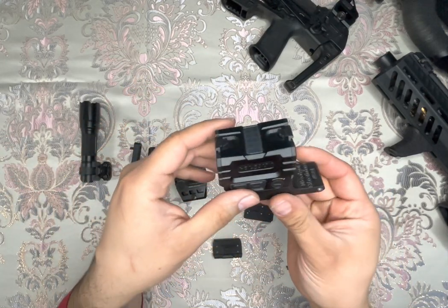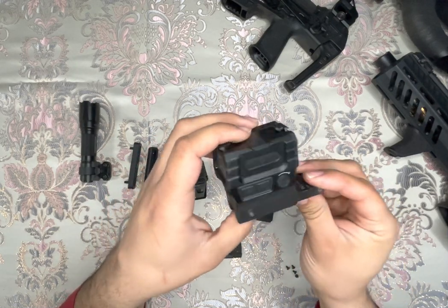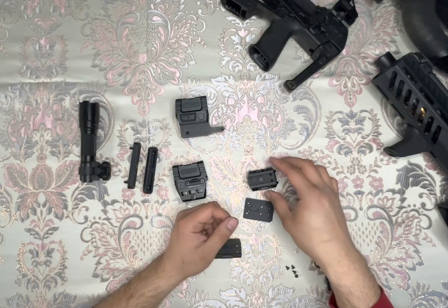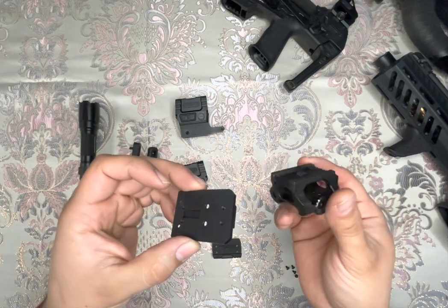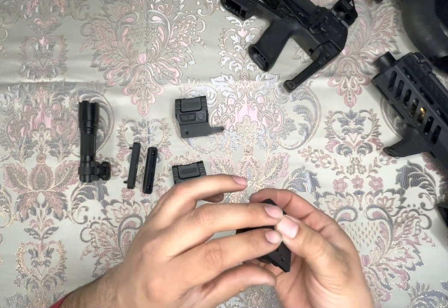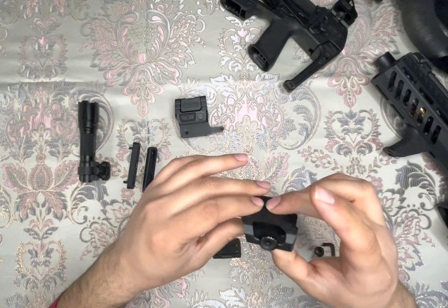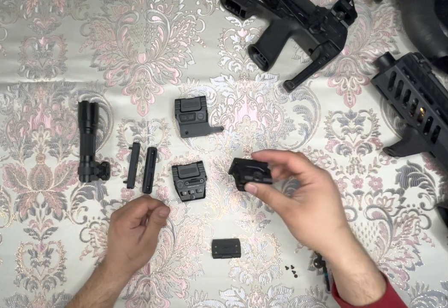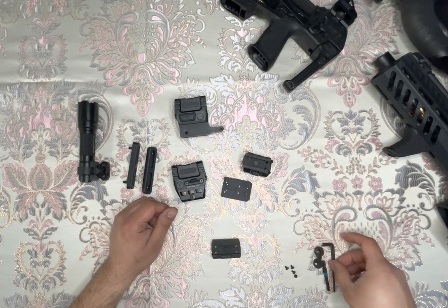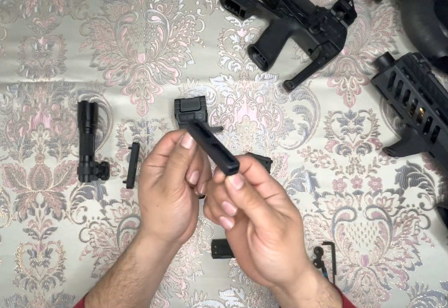So on this, I'm getting it ready for my PS90. Got it on a Design Machine mount. I like that height. And then also, I'm gonna put one of these on a ScalarWorks mount. I think this is a true co-witness height. And I'm gonna put that on something, I don't know what yet, but for the sake of video demonstration, I'm leaving it there. And then also I'm showing off the new M-LOK panels for the PS90,